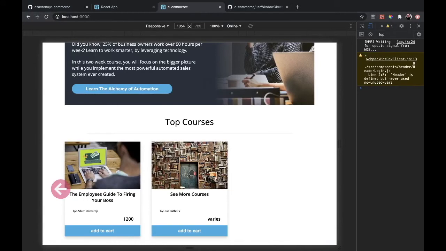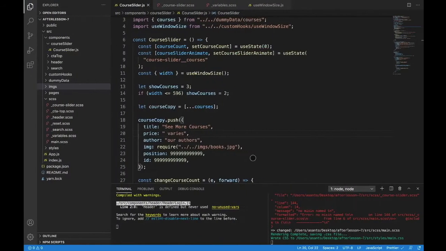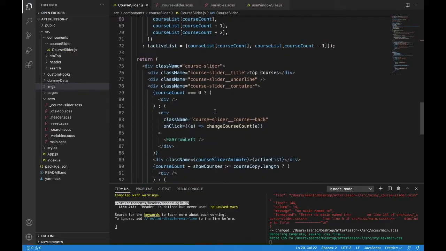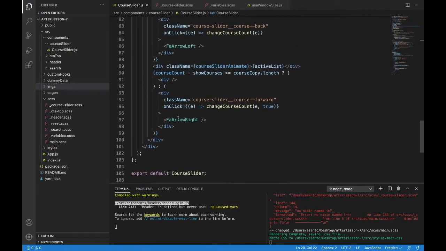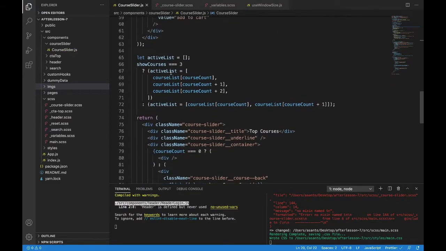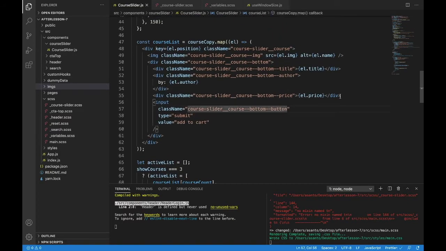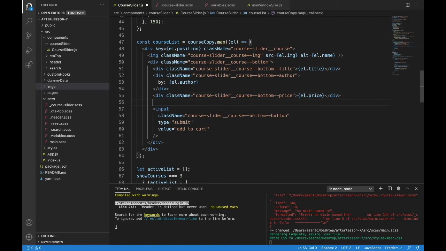There we go. We have our see more courses, but now we have another problem. This can't be added to the cart. That would be a bad scenario for us. We don't want that. We don't want to add this to the cart, so we need to remove this button. So we'll just do a little bit more of that JSX inline, head down to the end of it where the button is. Oh, no, this is our return. So over here where the button is. Here, perfect. Now we'll write here, we'll say